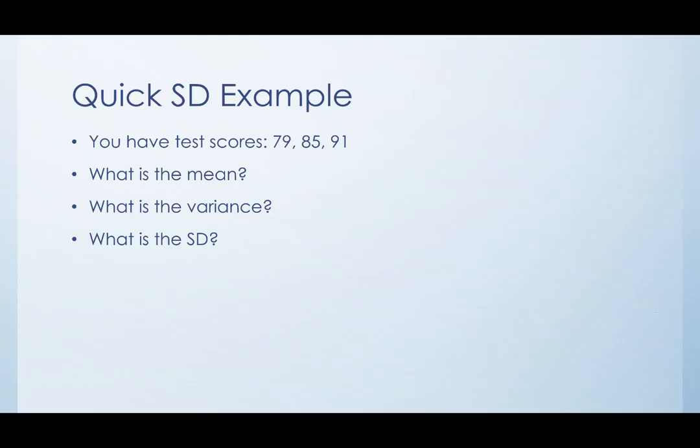So just a quick standard deviation example. You have some test scores here, very, very quick. And I set this up so that the mean's easily found. It's 85. So usually it is easiest to go kind of like a table. So we would have for our 79, x minus x bar, 79 minus 85, that is -6. We square it, we get 36. For data value 85, 85 minus the mean is 0. Square it, we get 0. 91, we would get 91 minus 85, that is 6. Square it, we get 36.